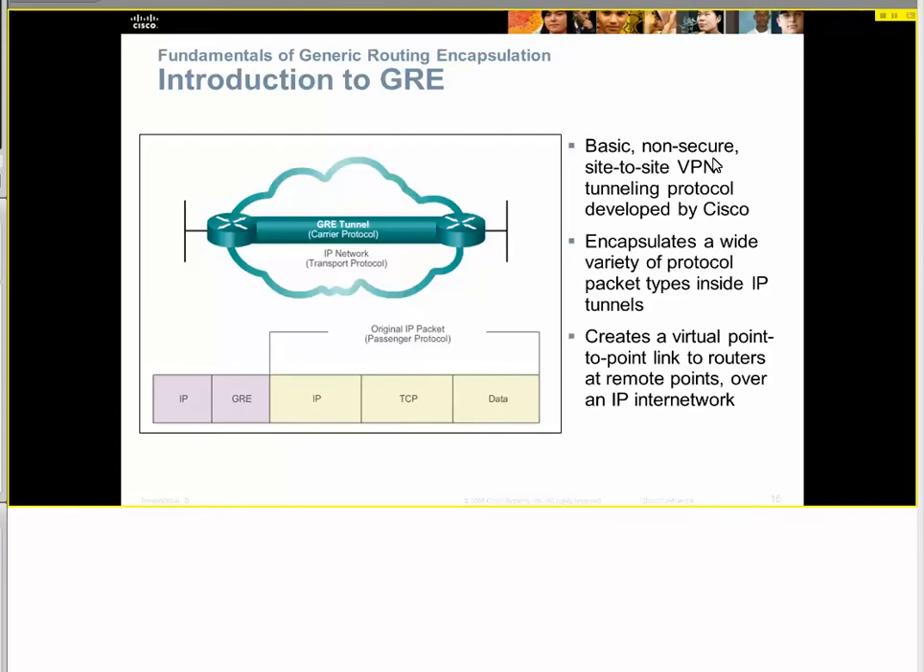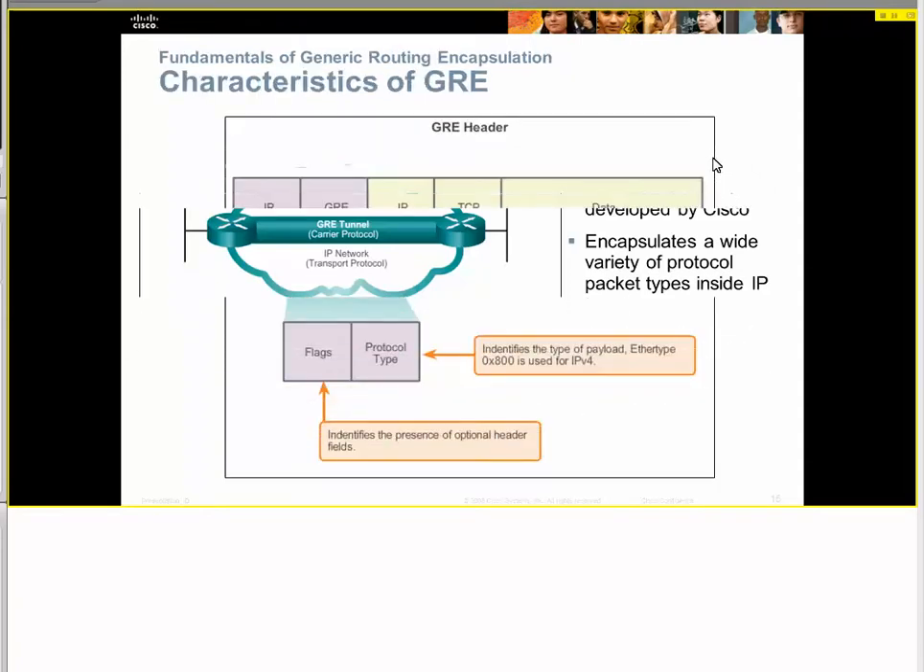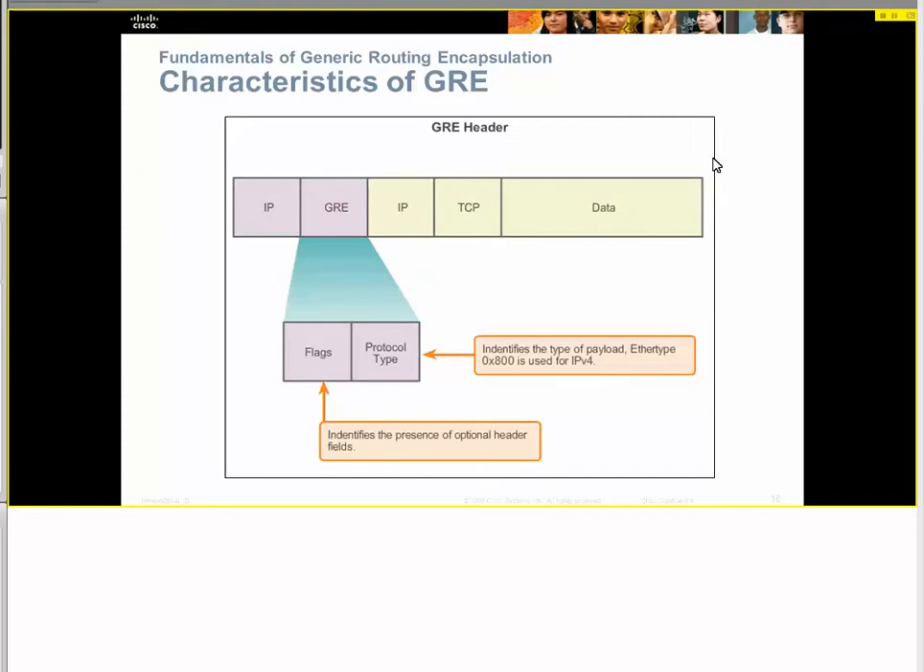All of the IP stuff would be removed, and all that would be left would be an IPX packet. So for either a way of creating a non-secure private network between two remote locations, or the ability to have a different protocol on each side of the tunnel, that's why GRE tunnels are still, although not very often, still in use. The basic characteristics of GRE, generic routing encapsulation, are the concept of